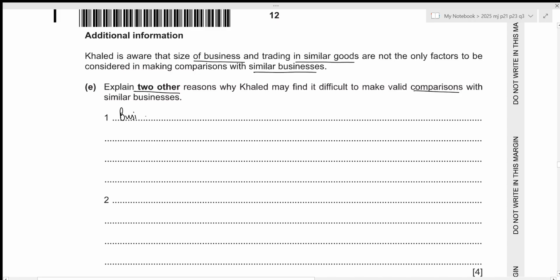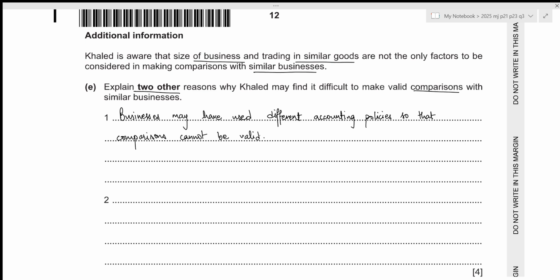Businesses may have used different accounting policies so that comparisons cannot be valid. And another reason why he may find it difficult to make valid comparisons could be because they